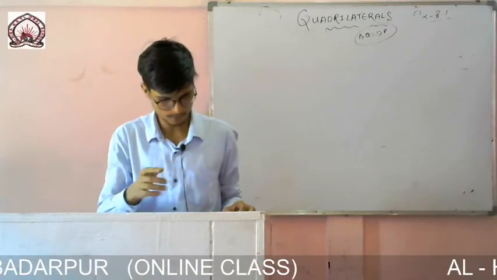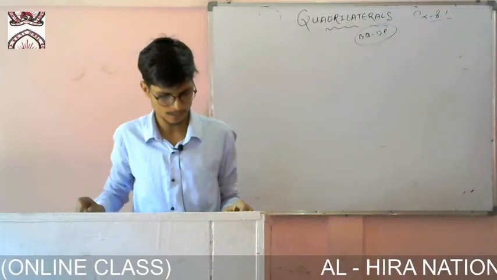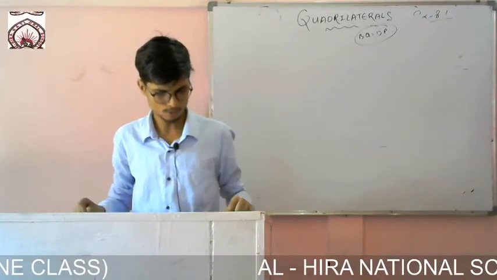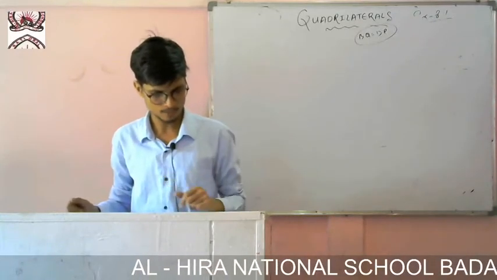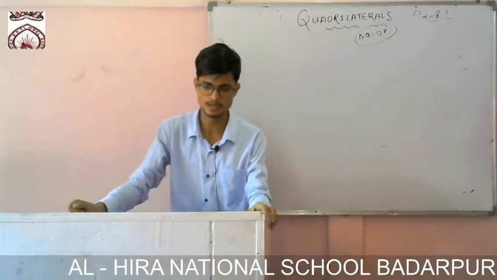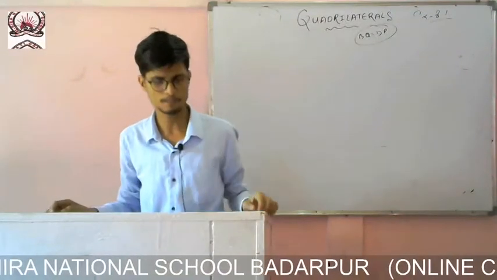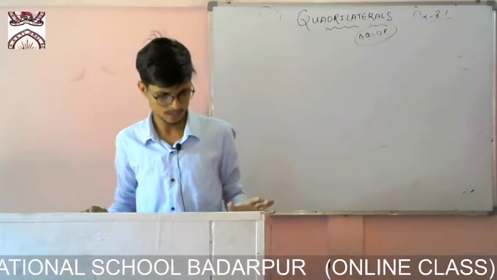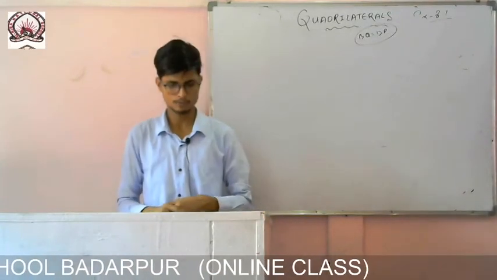Roman number 3 also, these two triangles are similar. You can show it very easily, because you have to show triangle ABC similar to triangle BAD. So AB will be equal to BA, BC will be equal to AD, it is given in the question. And angle ABC and angle BAD we proved earlier in Roman number 1, so you can solve it easily. And Roman number 4 will be corresponding parts of congruent triangles.